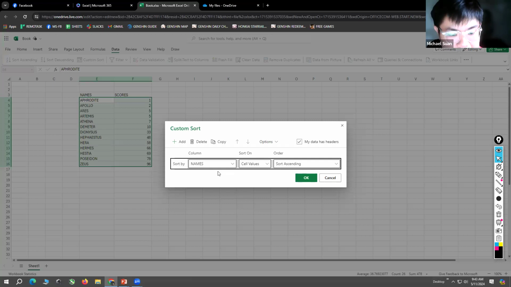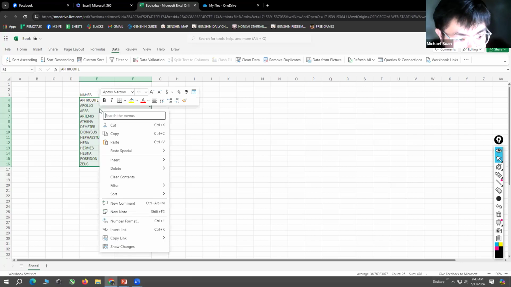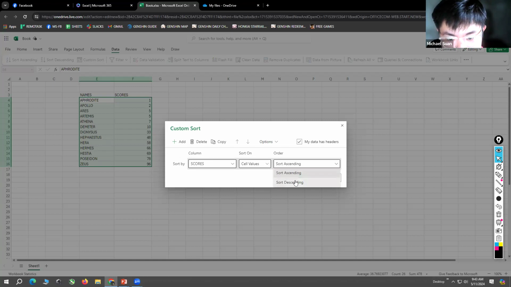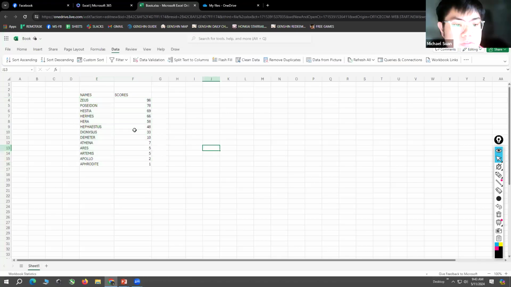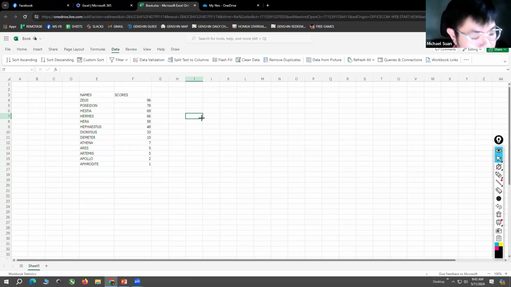If you sort by name, the names will be sorted, but the scores will follow. You click OK. That was ascending, right? Scores descending. So the names have been sorted, and then their respective scores will follow. That is one of the examples of how sorting is done in Excel.